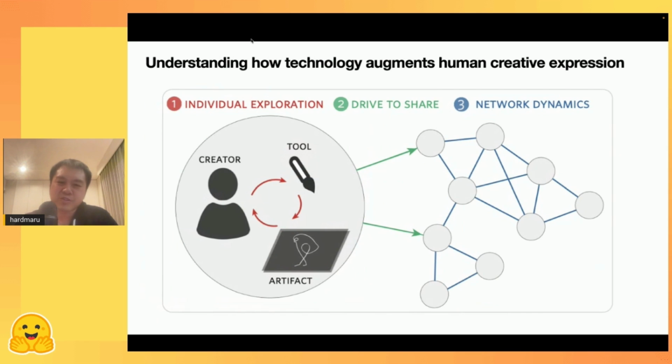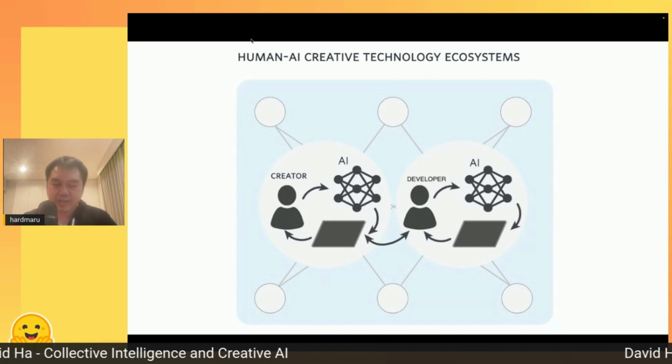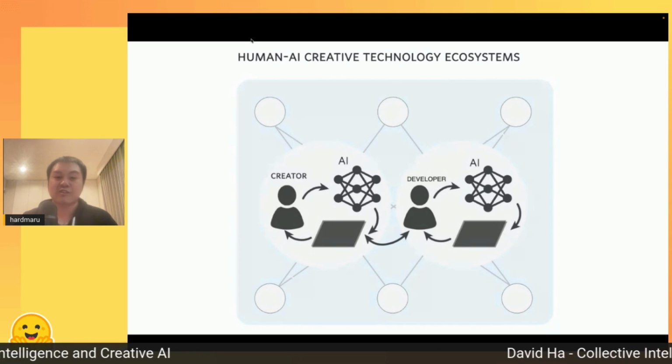This is only one part of the puzzle. There's the individual creator or artist using these tools. We also think this framework can be applied more broadly. In this space, there are the users, creators and artists using these text-to-image models or AI tools to create artifacts.